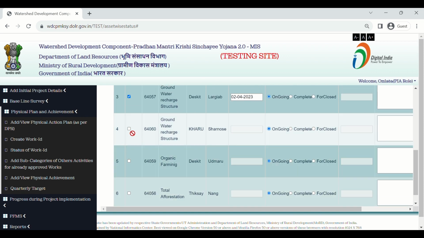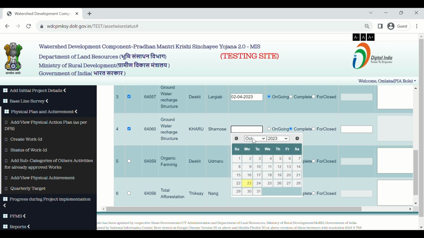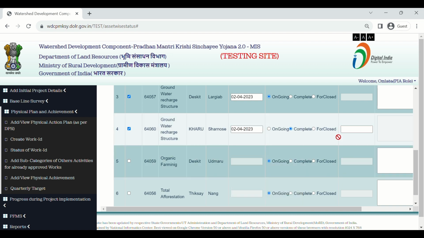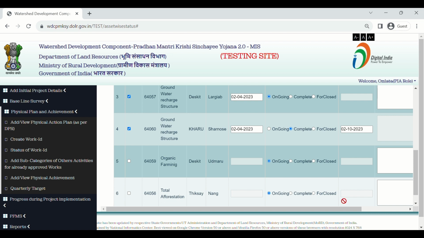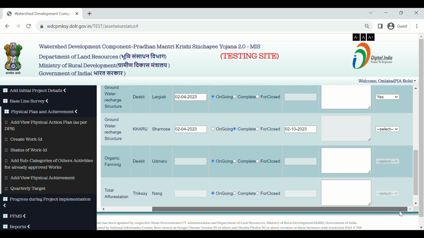Select another checkbox. If you want to complete the status, then select the complete checkbox. Fill the start date here. Fill the complete date here. And select the convergence.